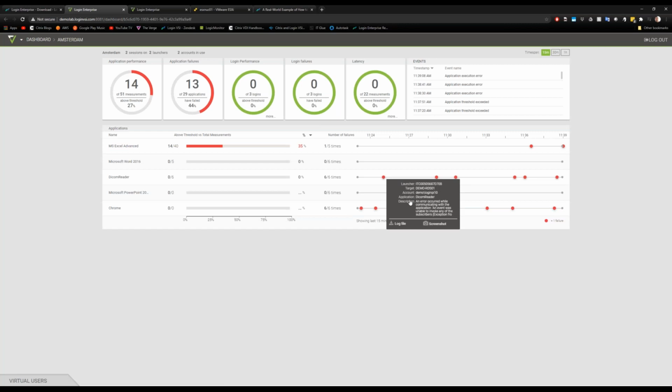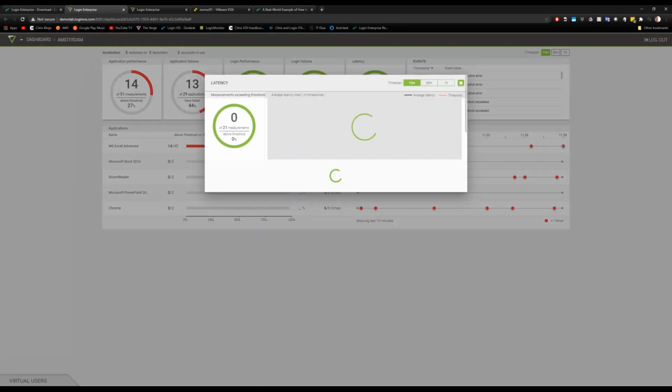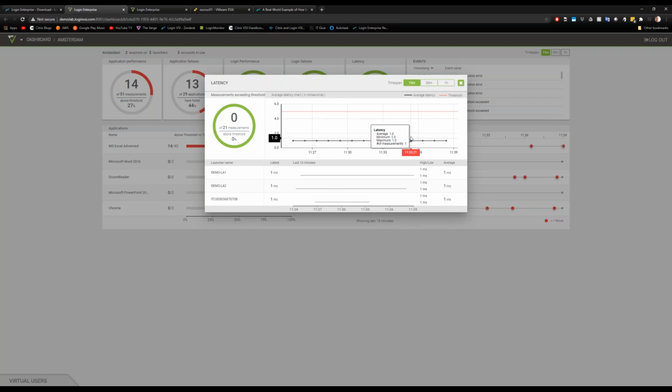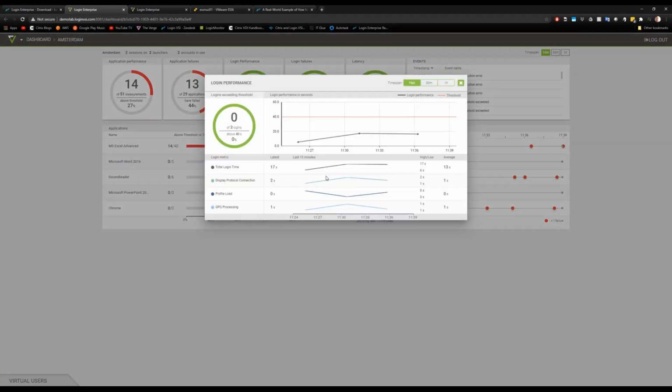I can see application errors in the last hour. I can see the log files. I can see the screenshots of what's happening inside those apps when it's failing. I can see latency at a snapshot perspective. This launcher is just running in the data center, so it's really low latency. But I can see login failures as well, and performance in the environment from a login perspective,